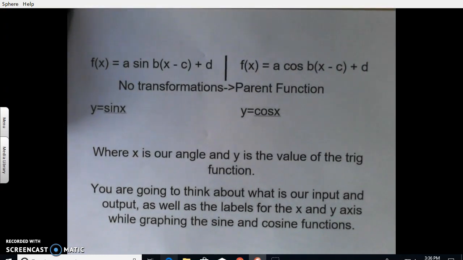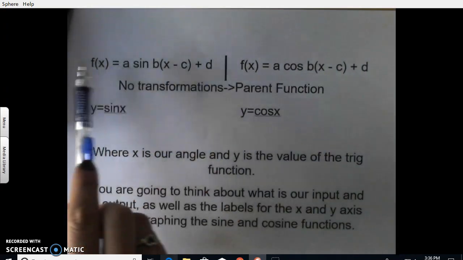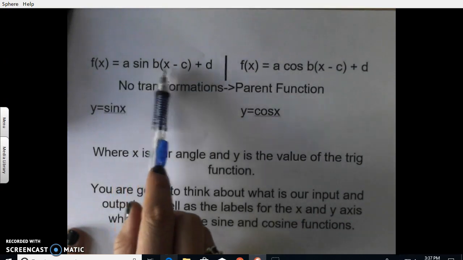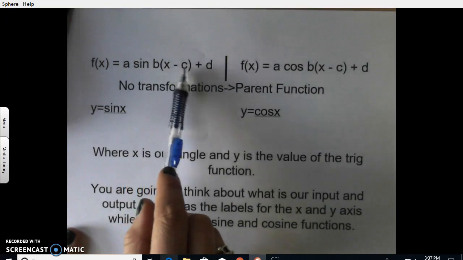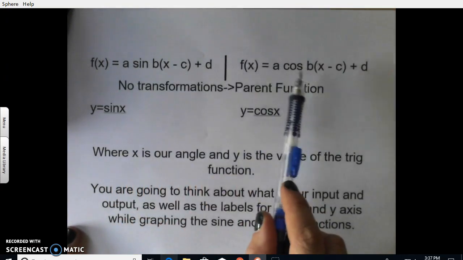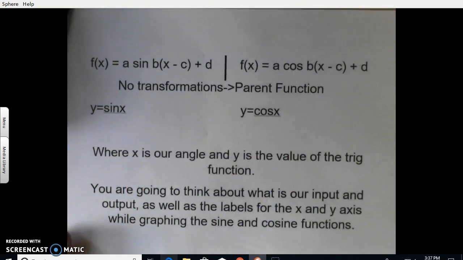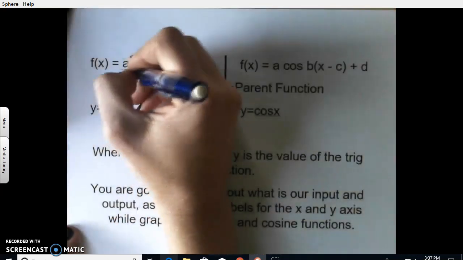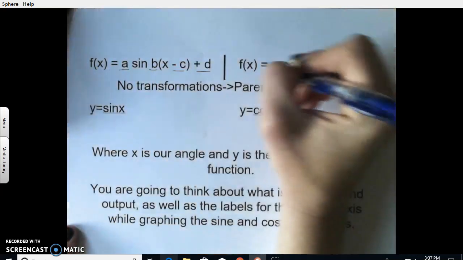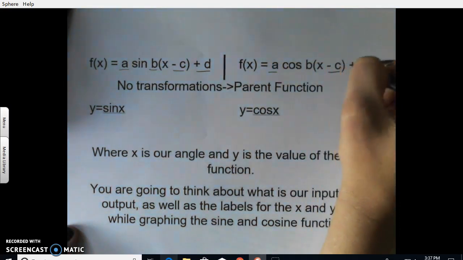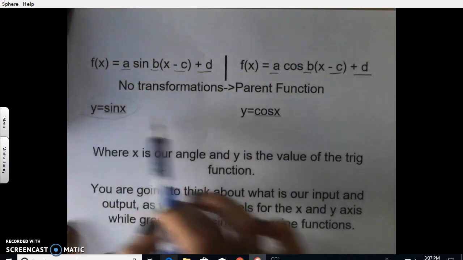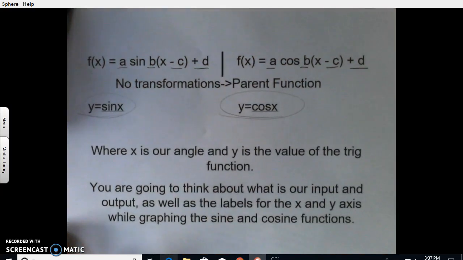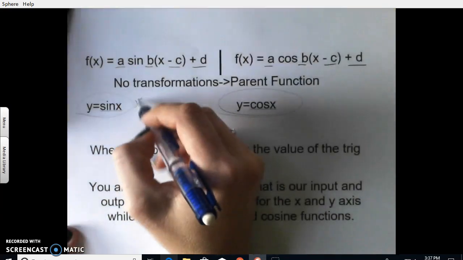And what do we want to look at? We have our two functions. We have f of x is equal to a times sine of b times x minus c plus d, or the cosine function. Our transformations come from a, b, c, and d. If we had no transformations, then we would have our parent functions: y is equal to sine of x and y is equal to cosine of x. This is what we will be graphing this week,